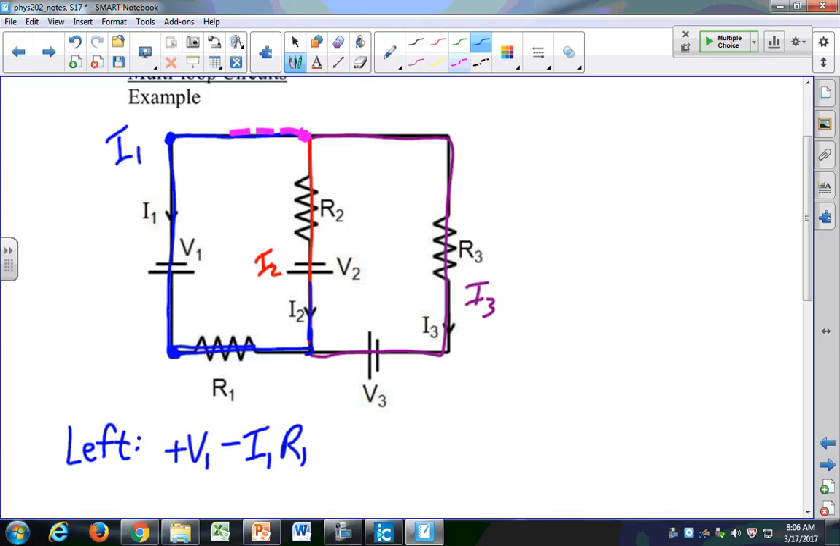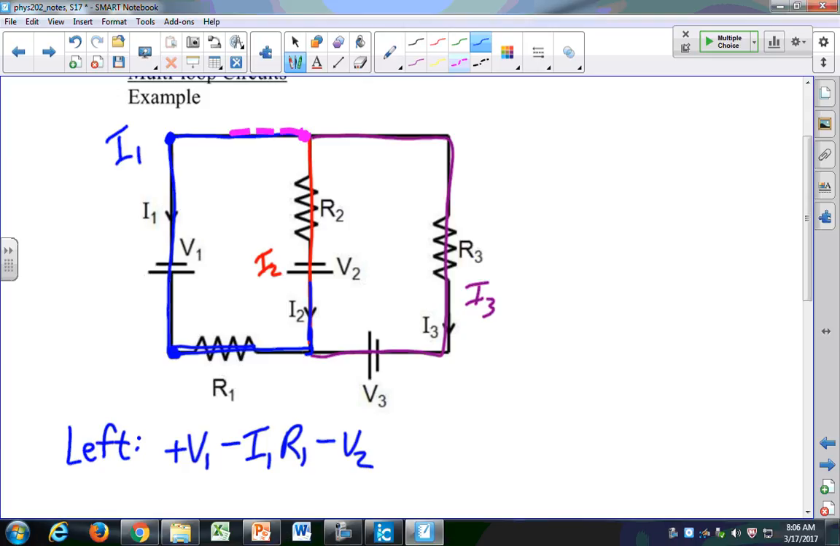Don't answer, just think. Is it plus or minus V2 when I'm moving up in this direction from this big side to the little side? Is it plus or minus? It's minus, right. So I have minus V2. And again, don't answer, just think. Is this plus or minus IR when I'm moving across this